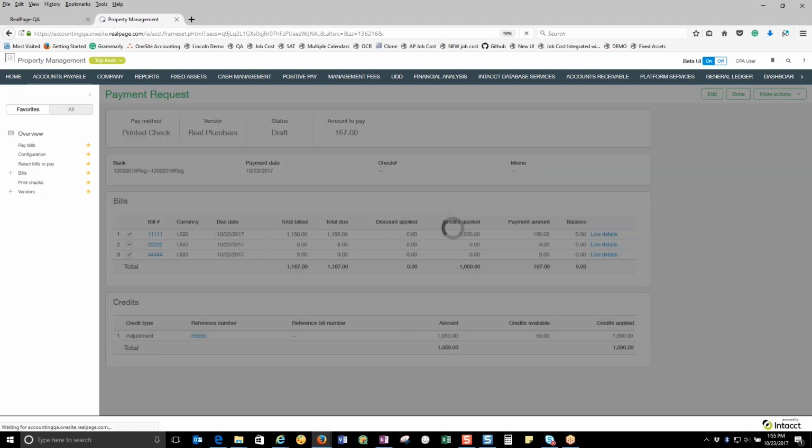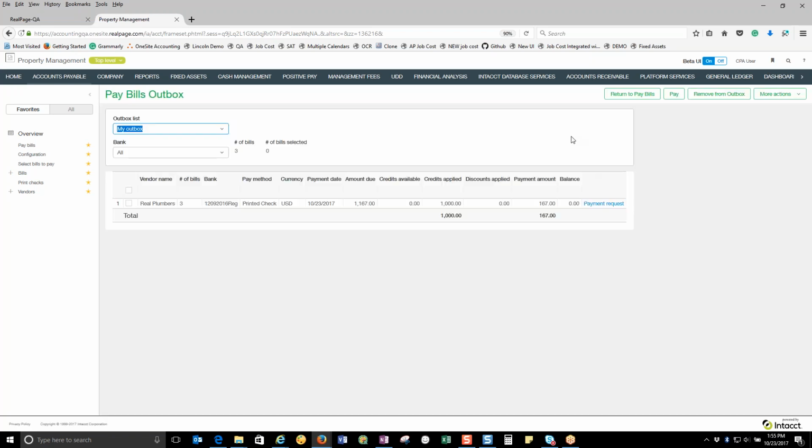Okay, I'm going to say done. So I say yes, this looks good. So I can either remove from outbox, which would put it back in a pay bills selection, and I can reselect it. Again, these bills are already posted, so this is just a selection to print the checks, for example. Or I can simply just pay, which will then release that to the next section. So if I say pay,